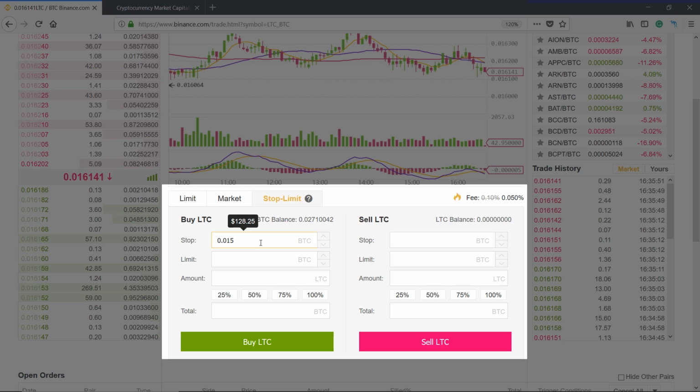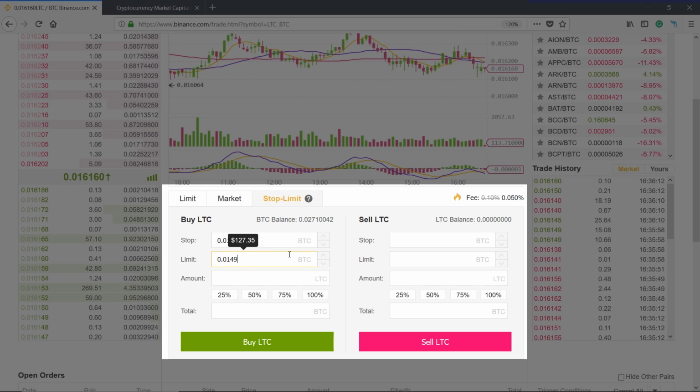If you're confident that Litecoin will go there, you can issue this stop order. Once it reaches this amount, I want to buy it at this particular price,